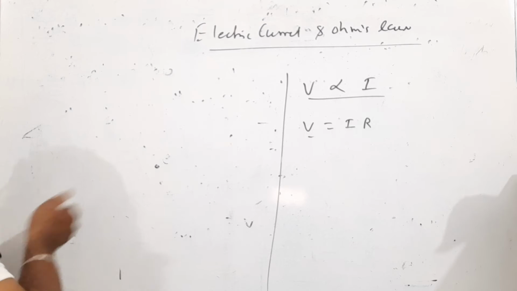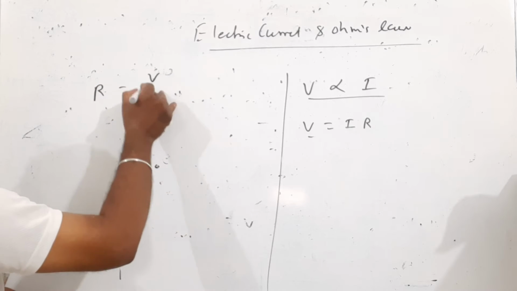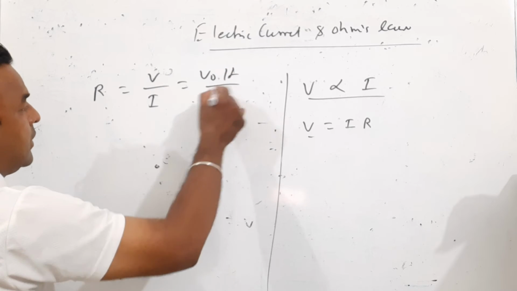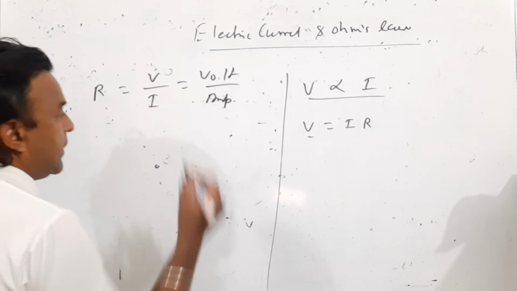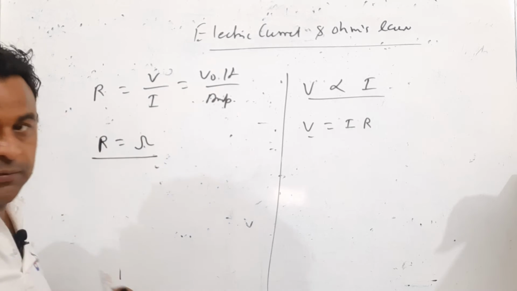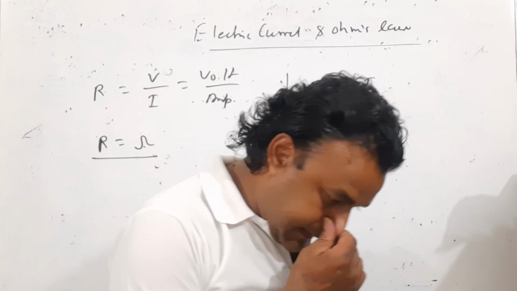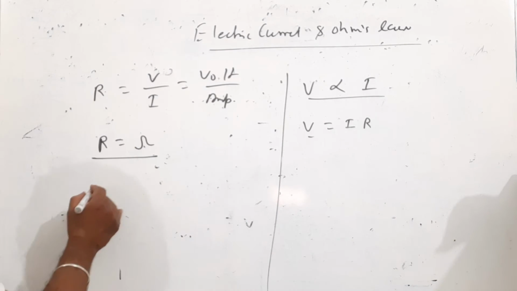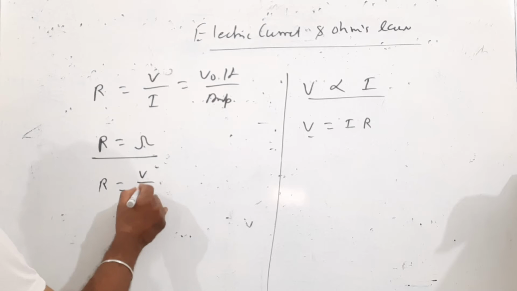So resistance is what? V upon I, means volt upon ampere, and the unit of resistance is ohm. Very simple, right? If we want to write the dimension of resistance, then we need to write V upon I,